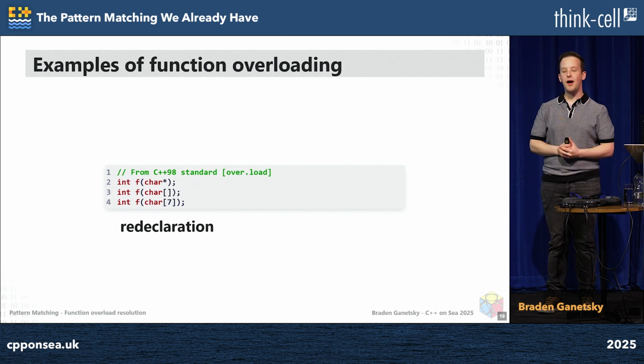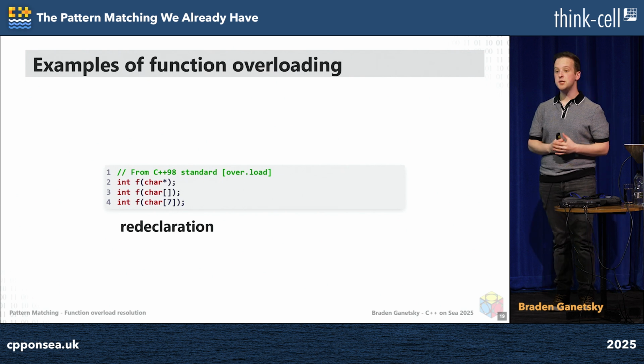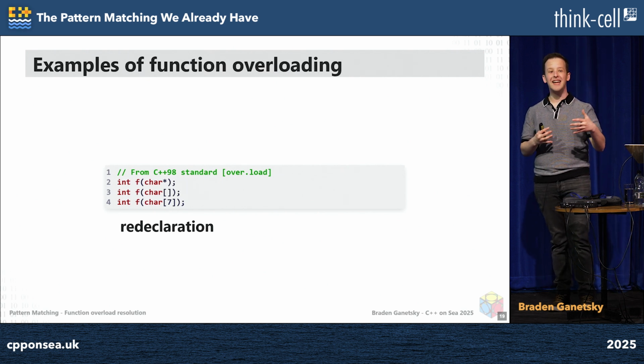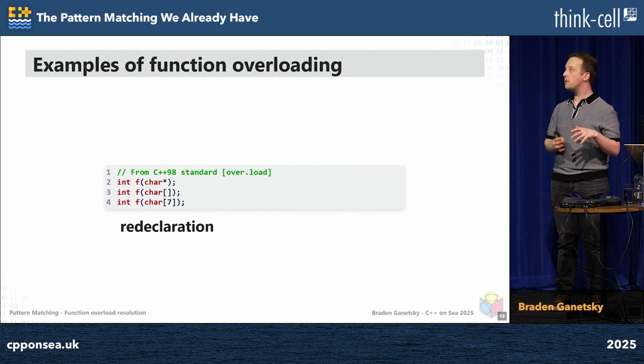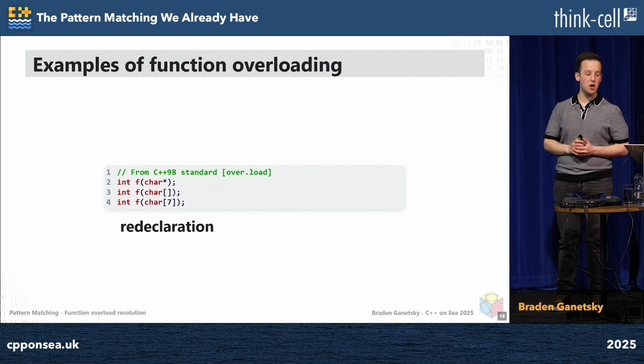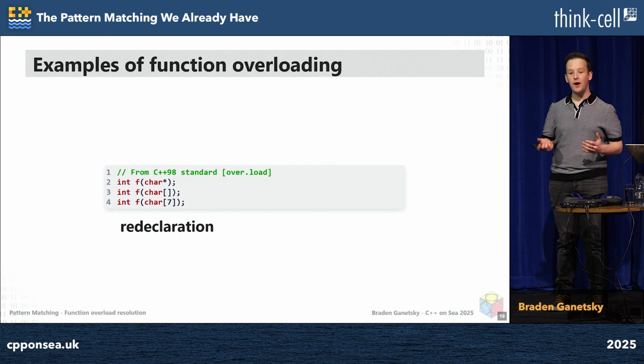So similarly to how we drop the top-level const qualifier, we also drop the top-level array qualifier and turn that into a pointer. So the actual signature here is f of char star, even though two of them look like f of char array, either unbounded or bounded. This is actually just three separate ways of saying f of char star. And that's the same reason we can write the main function to have our argv with char star star. We can have char star array. Different people write it in different ways.